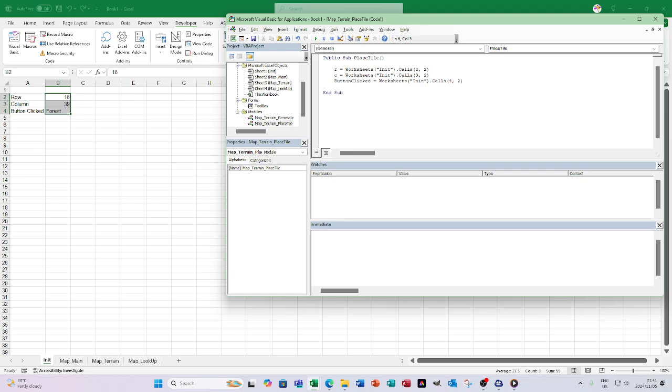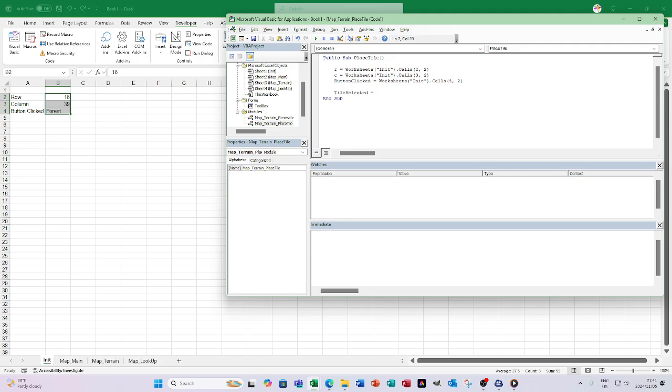Then I want to determine which tile was selected, because you don't want it, when a person clicks grass, to place grass over grass. It doesn't make any sense. So you want to be able to restrict it, and for that reason you also want to know which tile they're placing on which tile, so you can put certain restrictions in it. I'm not going to build all the restrictions now, but I'm going to show you one example of how to do it. So what I'm going to do is fetch the tile selected,